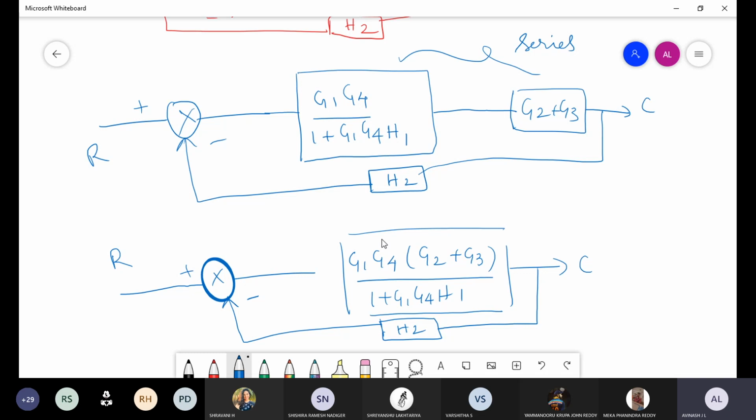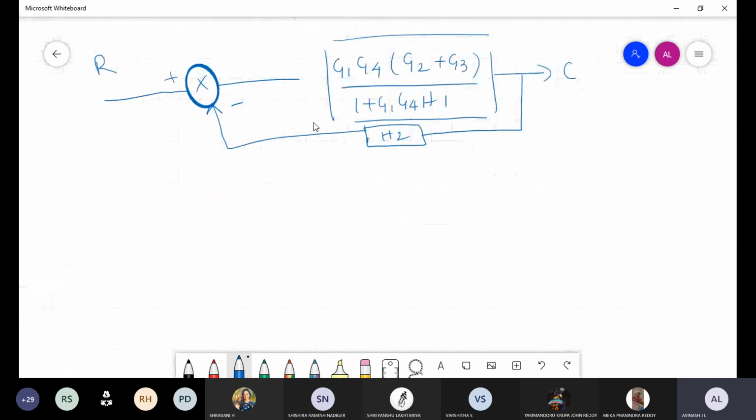So this will become the minor feedback loop. So what will be the answer? Sir, G1 G4 into G2 plus G3 divided by 1 plus G1 G4 H1 into G2 plus G3 into H2. Okay, I'll just write that one. So it will become what, maybe, if I'm not wrong,